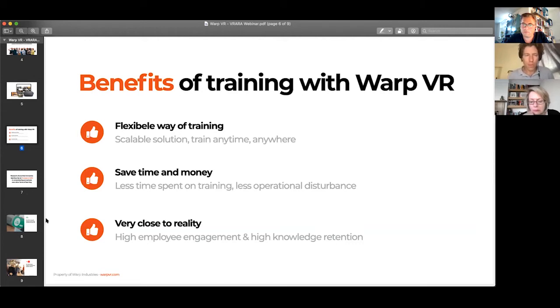And very often, and this is more the case for the soft skills type scenarios than for the safety ones, not being able to constantly look around and see what's happening all around you isn't a big deal, because in soft skills training, very often the interaction only happens in front of you.